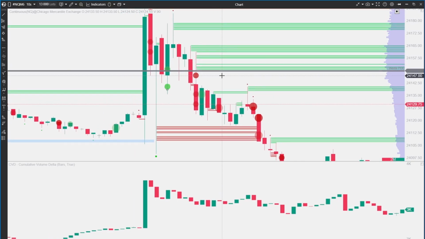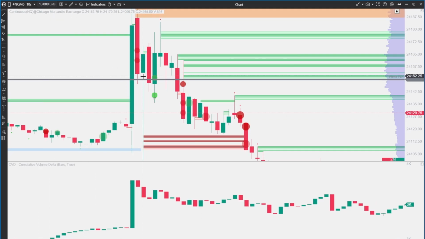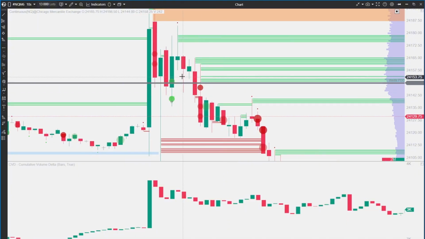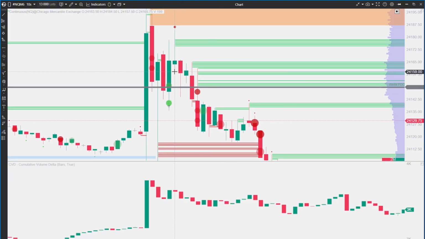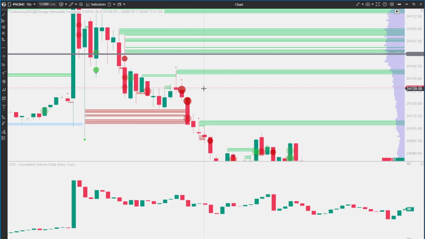Now today I just want to go through a few do's and don'ts when using this pressure toolkit. And today I'm just looking at some price action on NQ. I'm on the 10-second time frame, scaling of 3. But today I just wanted to go through a little bit of this price action from Wednesday and just go through some of the signals and what to look for with the toolkit, what not to look for,